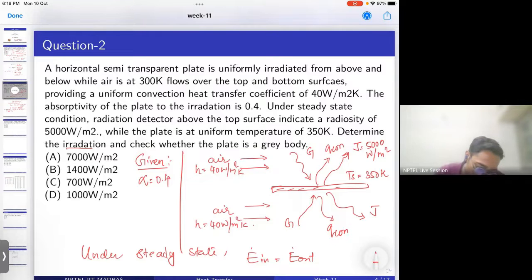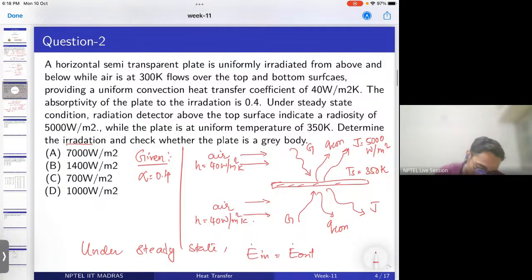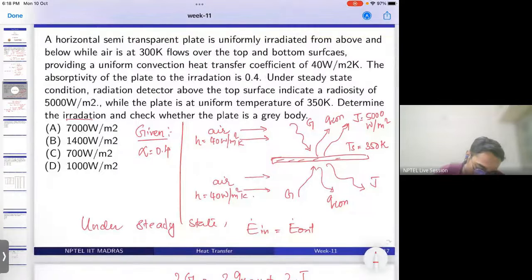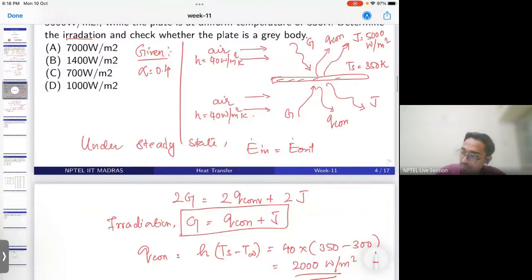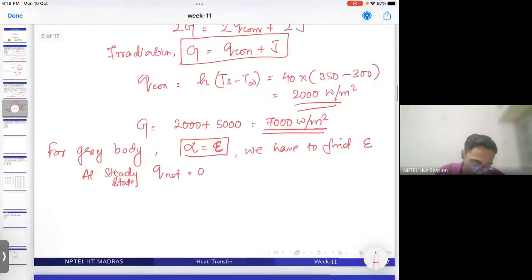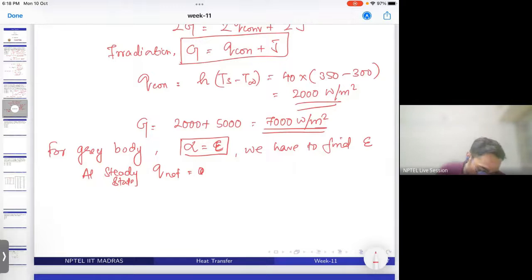So we are not considering reflectivity alone here. J should be equal to E plus rho G, that is the energy that is reflected, plus the energy that is